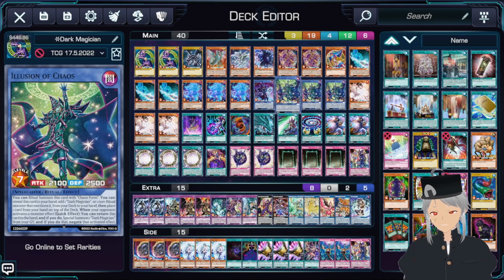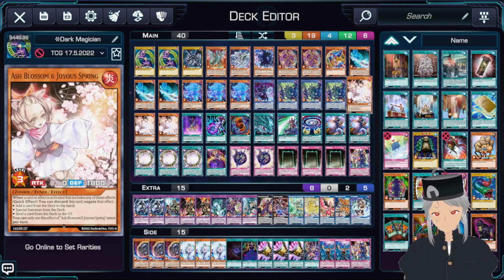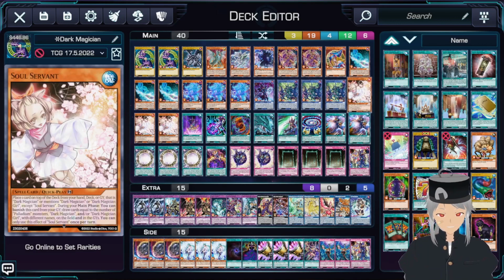This allows you to search for Dark Magician cards, monster cards basically, so if you activate this in hand, you'll be able to search out your copy of Magician's Rod or any other monster that references Dark Magician in its text. Next up, we'll play 3 copies of Ash Blossom as our hand trap, and then for our spells,